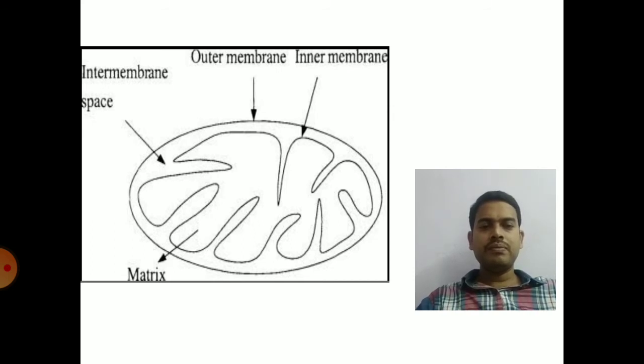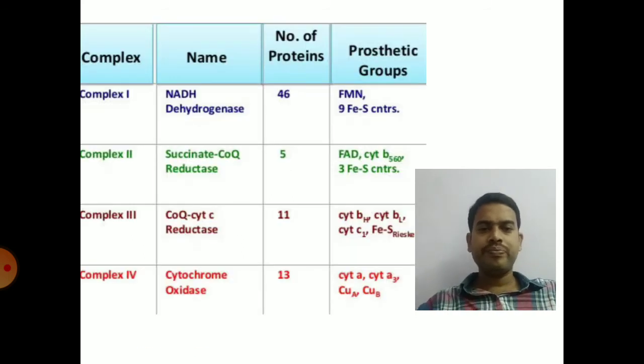From this video you can learn how these ATP molecules are produced by the mitochondria through an electron transport chain. So this is the structure of mitochondria. And these are the components or complexes of electron transport chain that are situated in the inner mitochondrial membrane. These are also called enzyme complexes or enzyme protein complexes that play an important role in the transport of electrons and hydrogens.